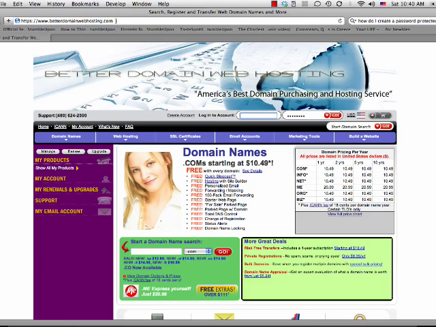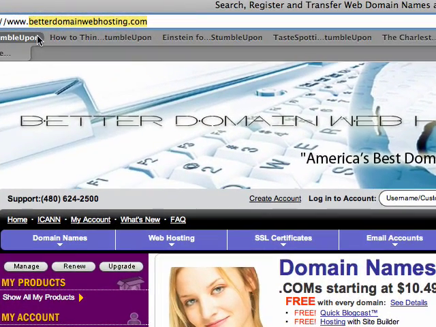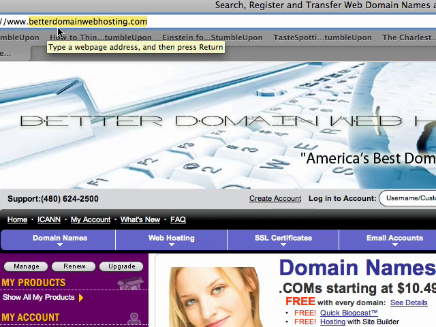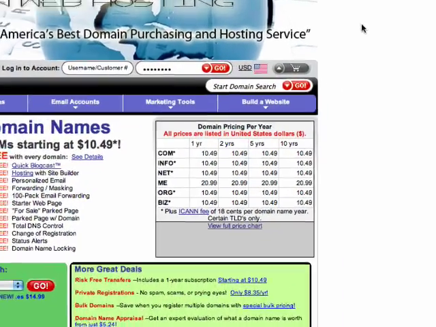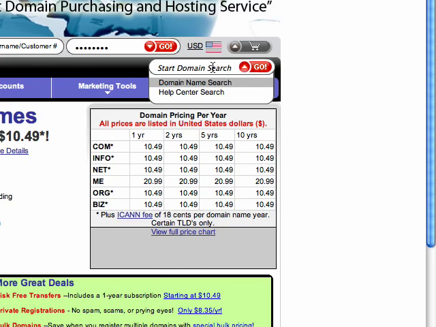First thing you want to do is go to www.betterdomainwebhosting.com. That's B as in boy, E-T-T-E-R, DOMAINWEBHOSTING.com. It'll bring you to this screen that you see here. You do not need to create an account yet. First thing you're going to do is start your domain search by clicking in the little box on the upper